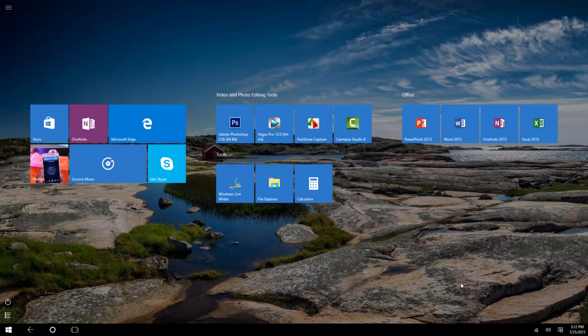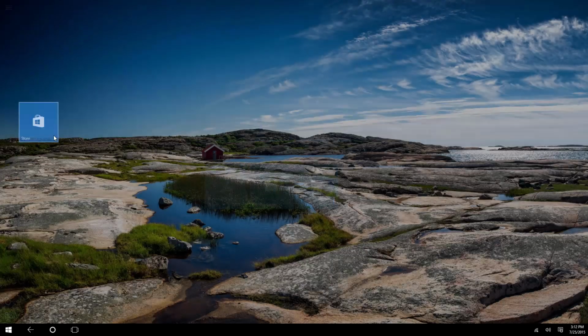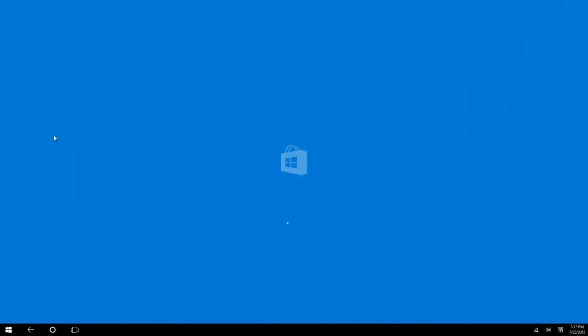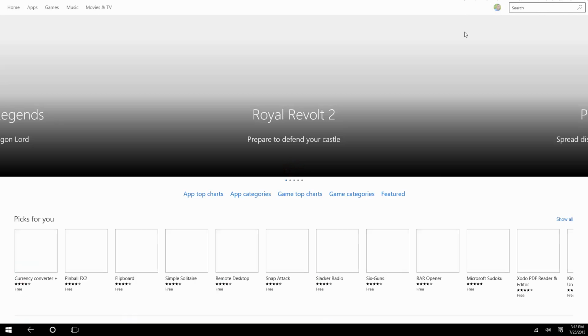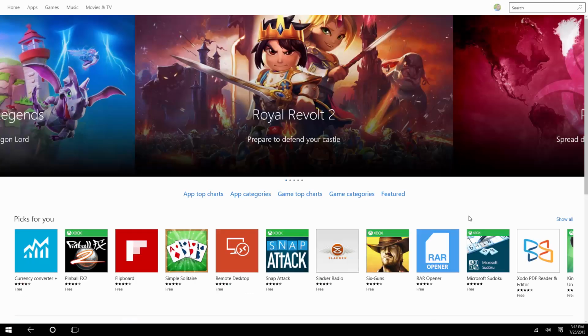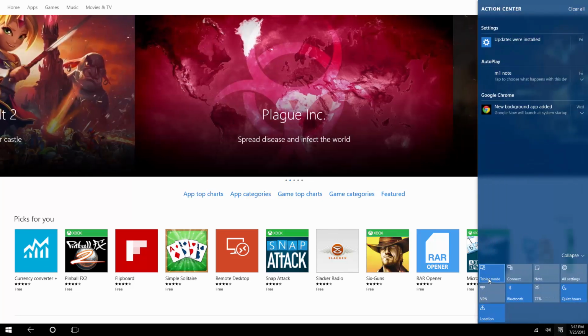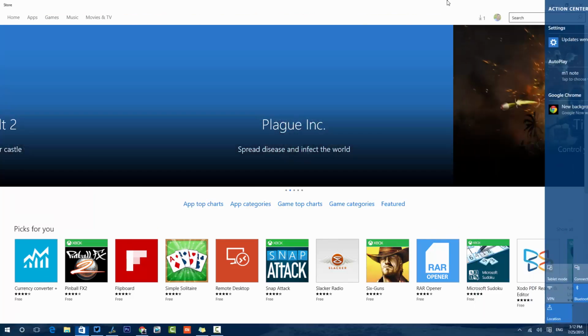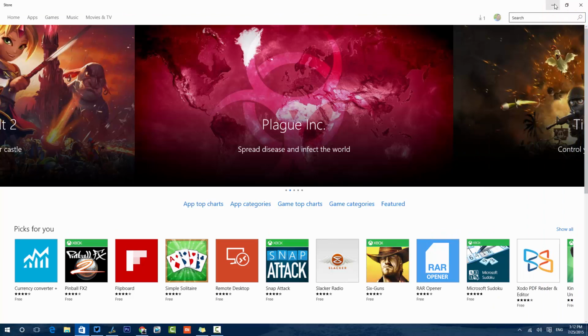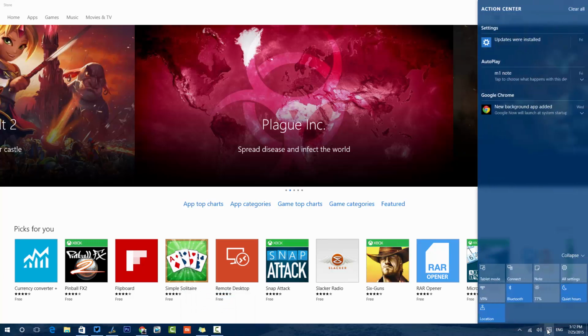If you run an app, we'll just show you the store app. Right now we have opened the store app, and you can see this will be running in full screen mode. There is no close button, and this will be a touch friendly interface. Now just have a look at when we switch off the tablet mode. You can see that the close button and the minimize option come in, and also all the icons in the taskbar are back in action. So that's how we enable or disable the tablet mode.